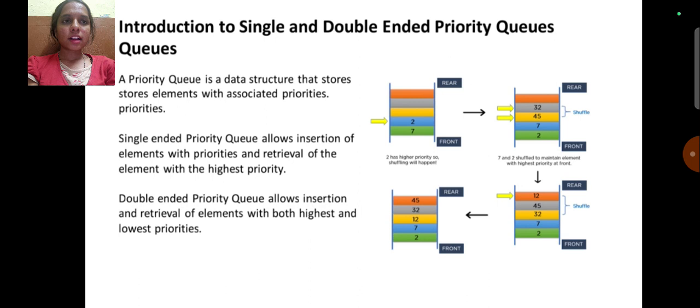Introduction to single and double-ended priority queues. A priority queue is a data structure that stores elements with associated priorities. Single-ended priority queues allow insertion of elements with priorities and retrieval of the element with the highest priority. Double-ended priority queues allow insertion and retrieval of elements with both the highest and lowest priorities. This is about the introduction of single and double-ended priority queues. And next,